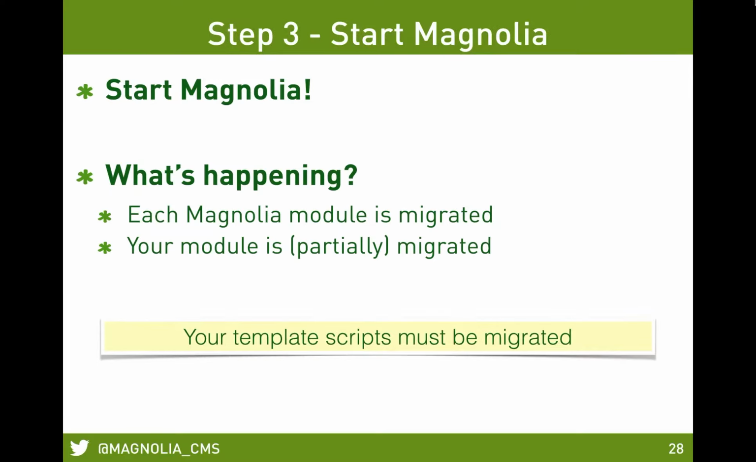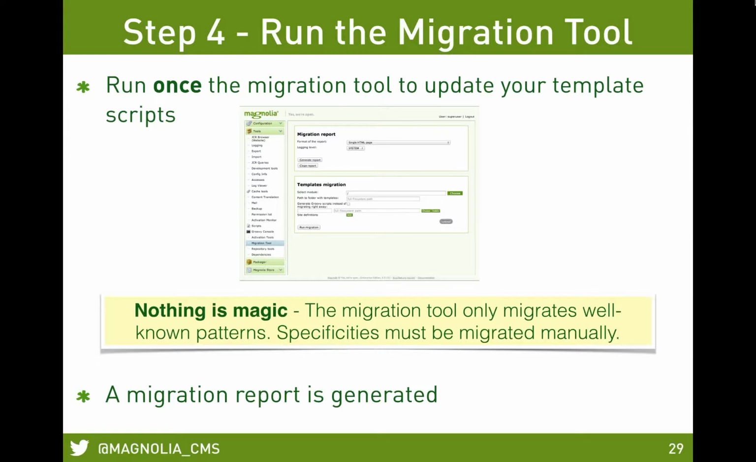So now you can start Magnolia. So what is happening? Each Magnolia module will be automatically migrated, and your module will be partially migrated. Remember what we have done in the previous steps. We have added one task to migrate the content, one task to migrate the definition, but your template scripts are not migrated. So this is the purpose of step 4, to use a dedicated tool to help you to